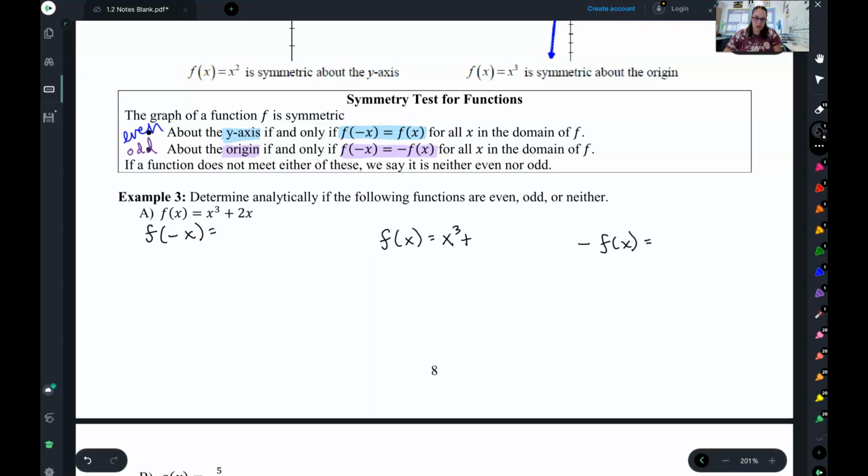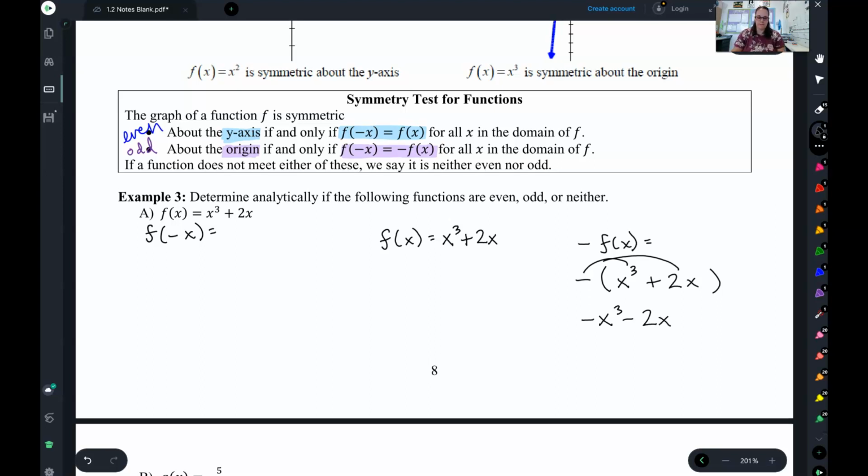It's just copying down exactly what the equation is. Negative f of x means we're going to put a negative and then a big set of parentheses and do the whole equation. So essentially negative f of x means you want to distribute a negative into each part